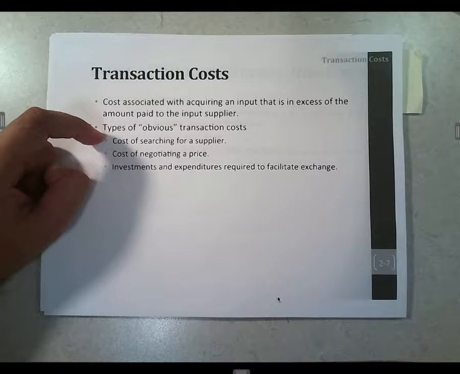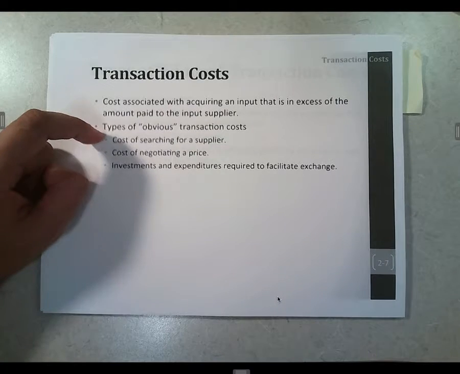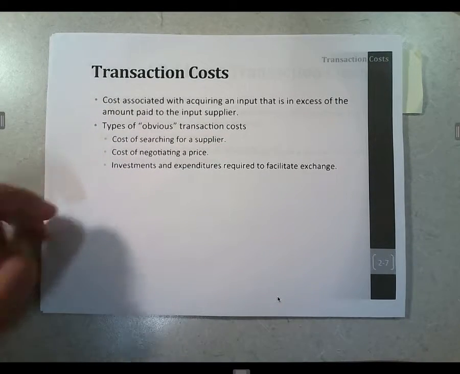Which would be why if you have a firm that just doesn't do a lot of business, you may find that they just use a spot market for everything. If you're a small business, you might not decide to do a contract, and that'd just be because these costs are too large to doing what you do.